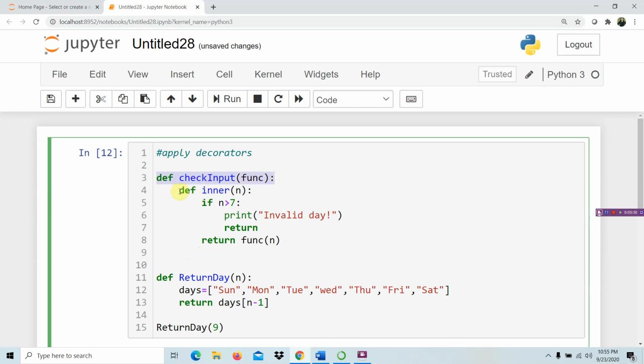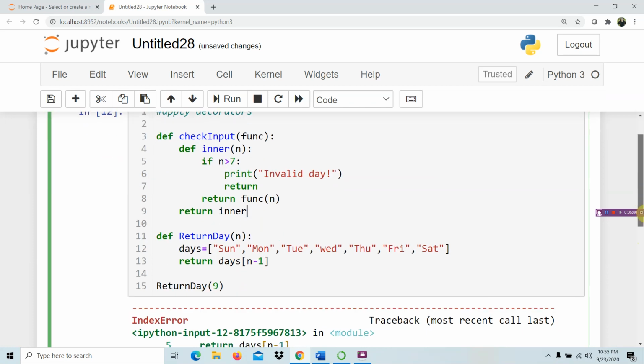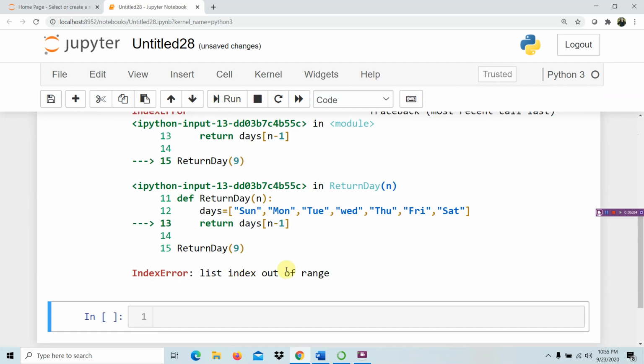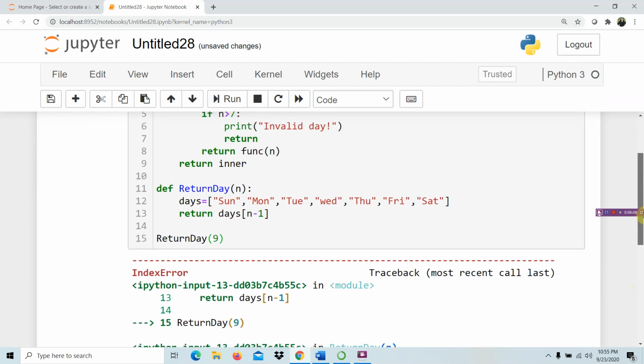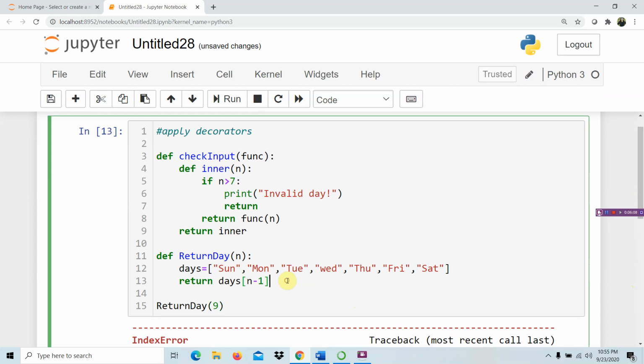So, we need to call this. You have to return also the inner function. So, what will happen now? When you run this, it will still give you an error